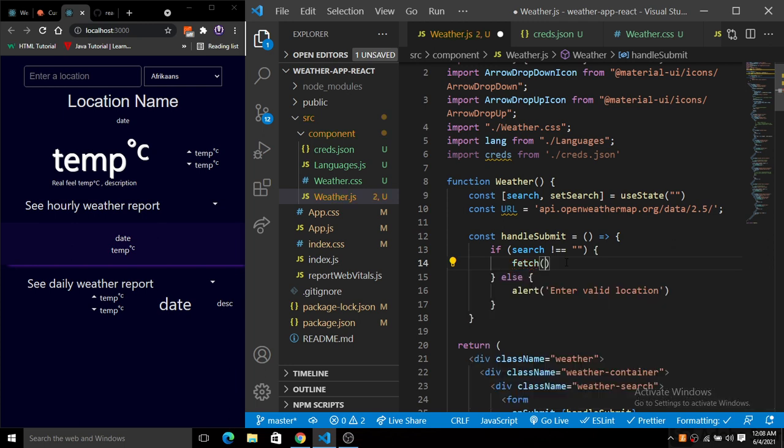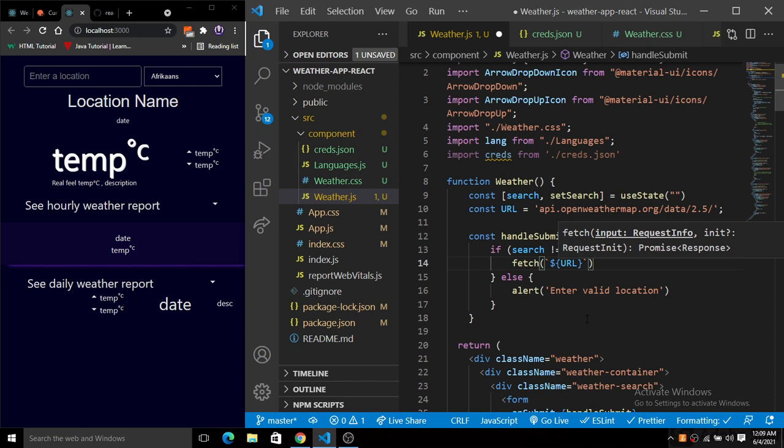We'll just simply put the fetch, and here we just put the URL, right? So we have a base URL here. Then we have to paste this.